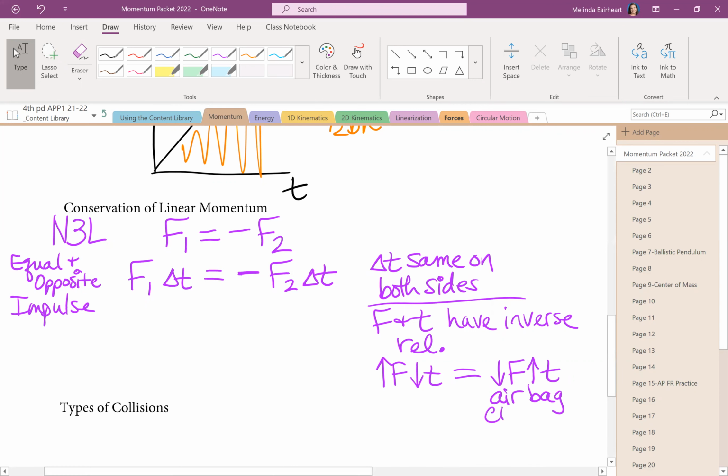And so anything with a cushion, whether you're jumping out of a burning building into the net or whatever the fire department has brought, anything that increases the time to bring you to a stop is that inverse relationship. It's better than hitting the concrete below, right? Jump into the net, not the concrete below. Yes. If you're falling into an airbag, then